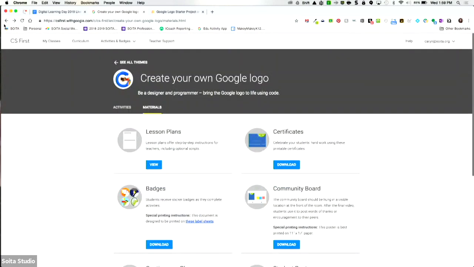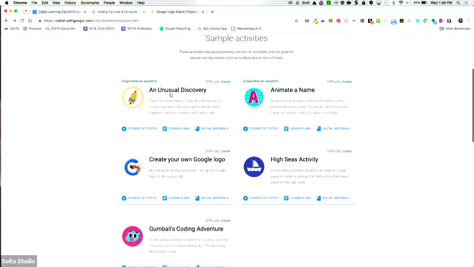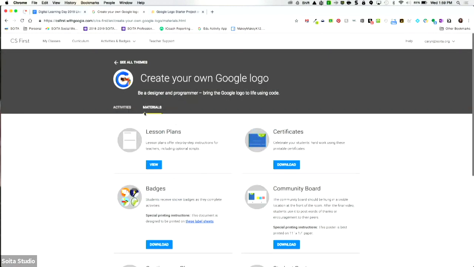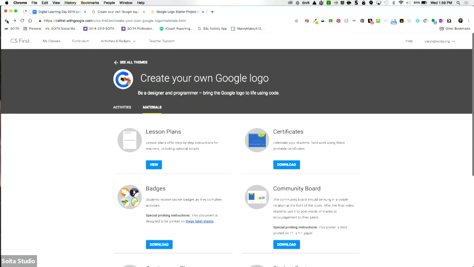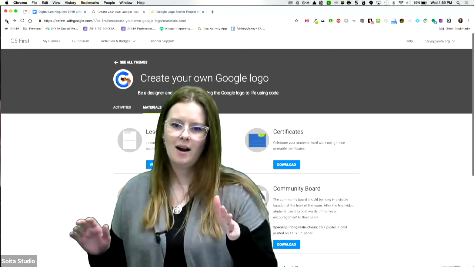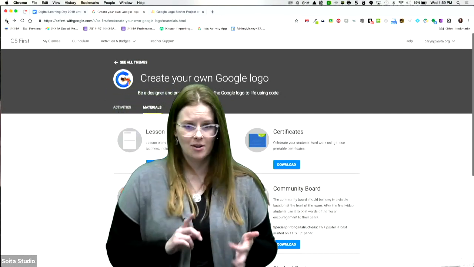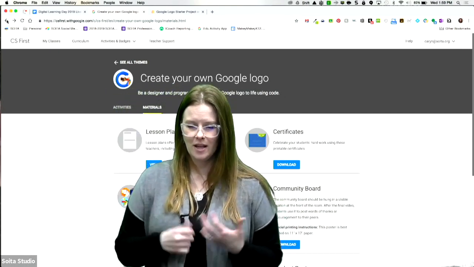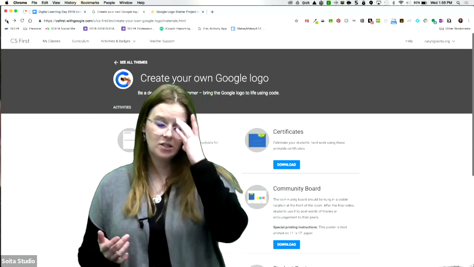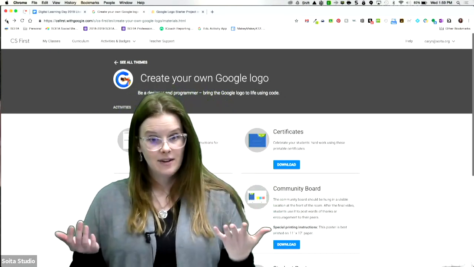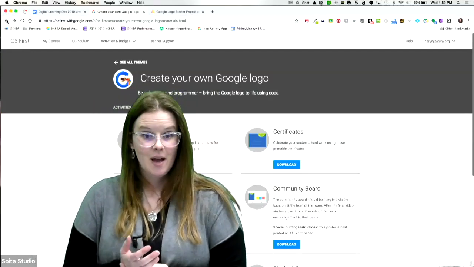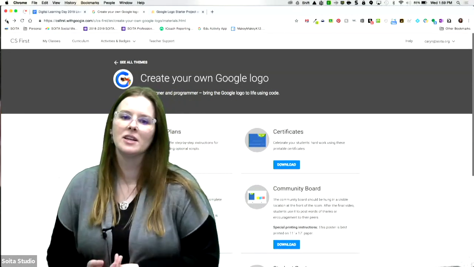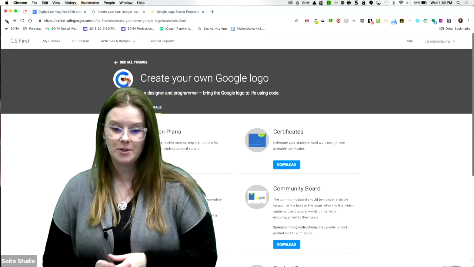There were also different versions of this particular one. If you go into the digital materials and the lesson plans, it talked a little bit about the activities, but they have content for this one for just the regular Google logo, but there's also Valentine's Day letters that go with the costumes for your sprites and Earth Day ones. So if you wanted to have an activity for one of those holidays that are coming up, since it's January when we're making this video, that would be a perfect opportunity to do that